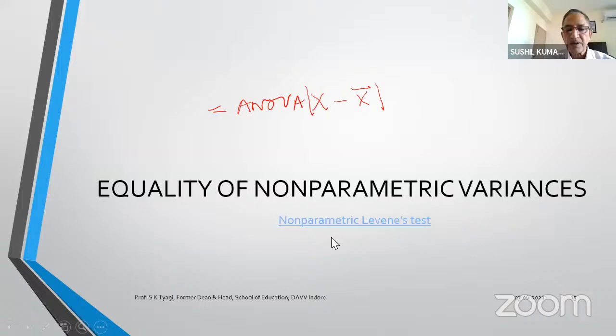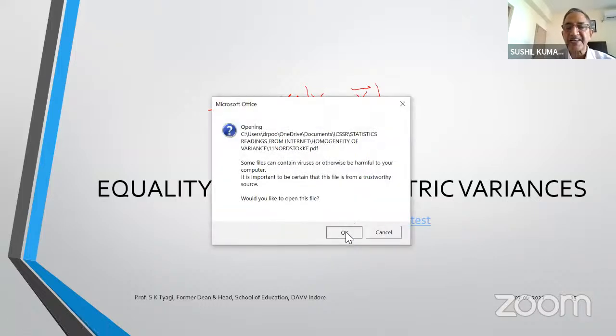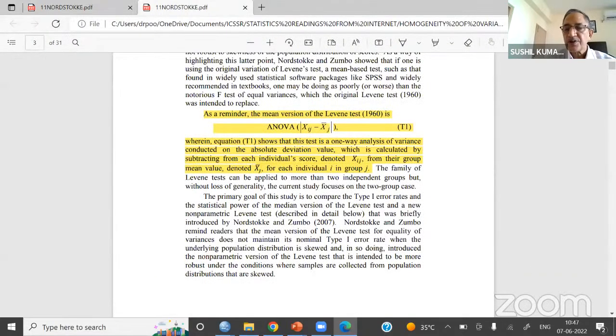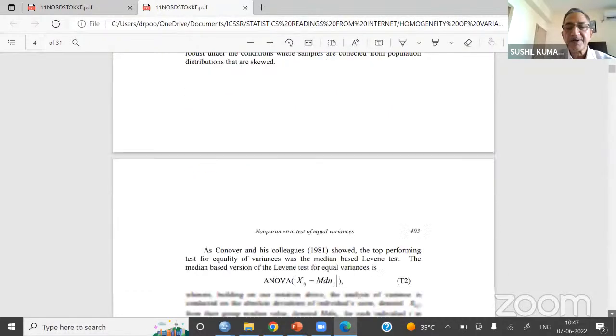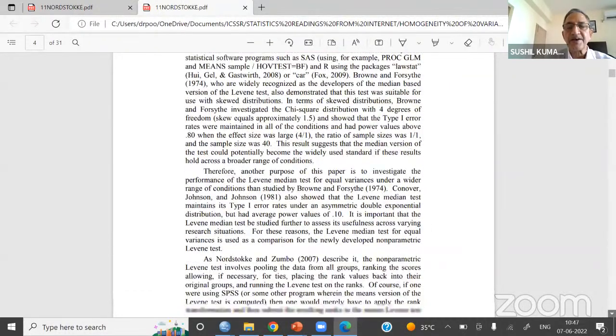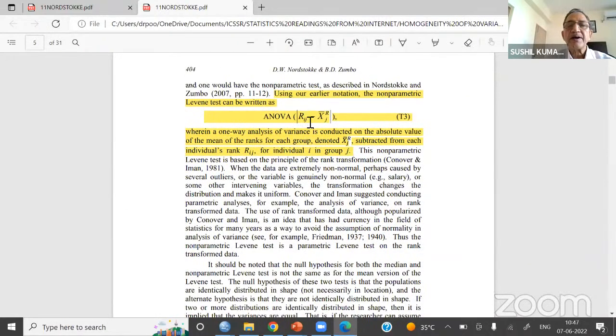But in non-parametric ANOVA, instead of the mean you have mean ranks. If in parametric ANOVA we take the absolute deviation of each score from the mean, in non-parametric ANOVA we take the absolute deviation of ranks. R_ij is the rank. Using our earlier notation, the non-parametric Levene test can be written as ANOVA on R_ij minus x_j bar R, wherein a one-way analysis of variance is conducted on the absolute value of the mean of the ranks for each group, denoted by x_jR bar, subtracted from each individual rank R_ij for individual i in the group. This means, in simple terms,